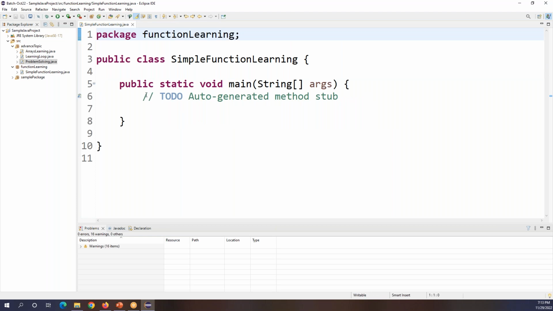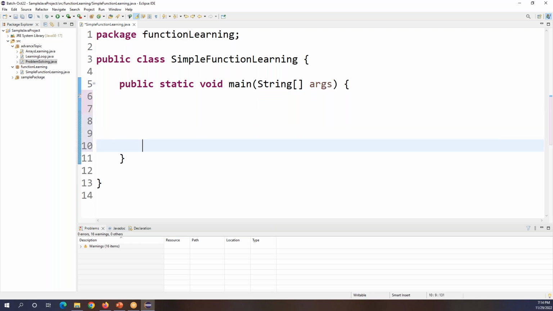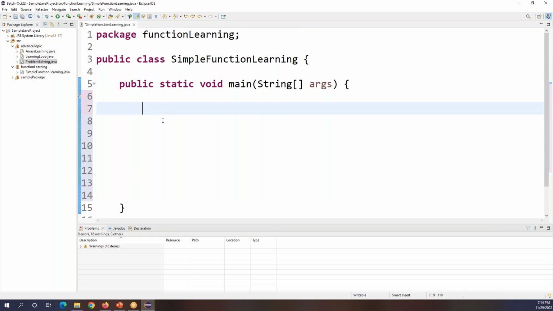So let's start with this one. Here I have a new class and I don't have any code here. As usual, I will take the first line out, and the second line, and keep this part a little down here. Okay. Now,